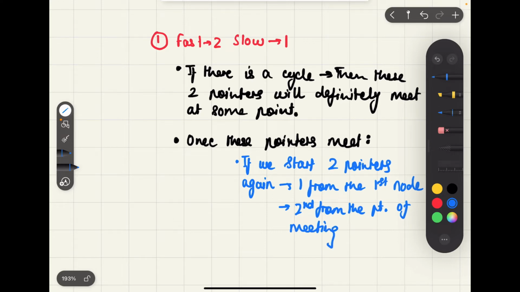So once the two pointers meet at a point, now after this, if we start two pointers again, one starts from the first node of the linked list and the other starts from the point where they met, then